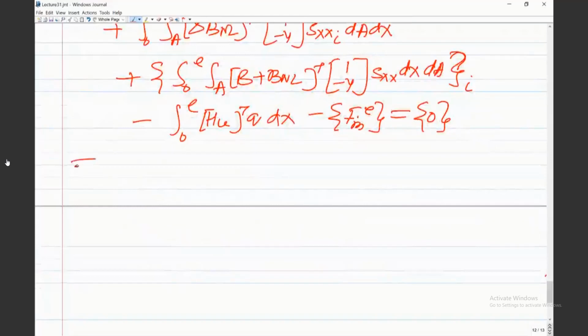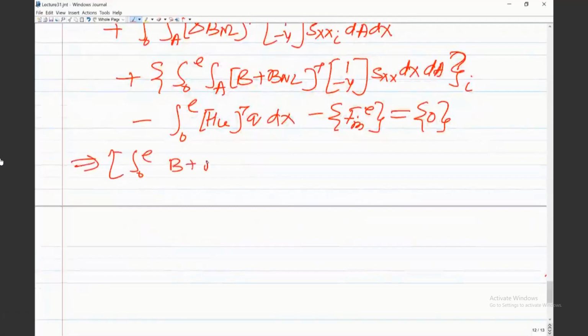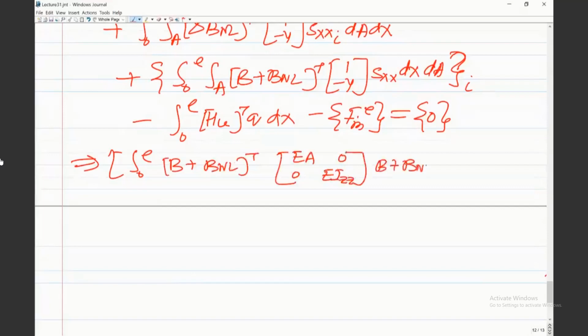So now you can write the first equation as integration 0 to L, and the cross sectional integration is already done. So we will have B plus BNL transpose, and then as I was saying, this would be EA 0, and this would be EIZZ, and then you have B plus BNL, and then dx. This whole thing is evaluated at previous iteration into delta DE evaluated at current iteration, and plus similarly the